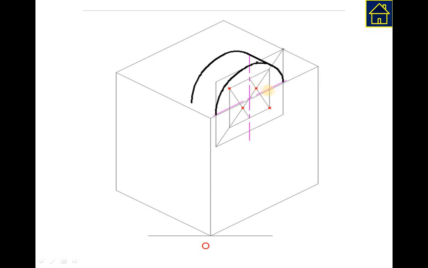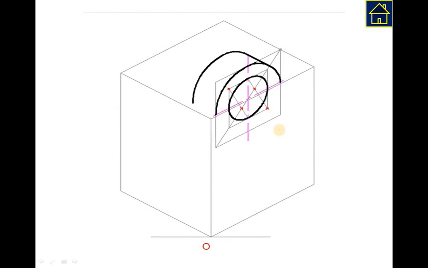So with this center point I will draw this curvature, with this center point I will draw this curvature, with this center point I will draw this curvature, with this center point I am drawing this curvature. Okay, this is the ellipse. The actual ellipse, when you draw with the compass, will look like this. This is the most important part. I can say almost 50% of the work is done here when you complete the curvature portion of the isometric.